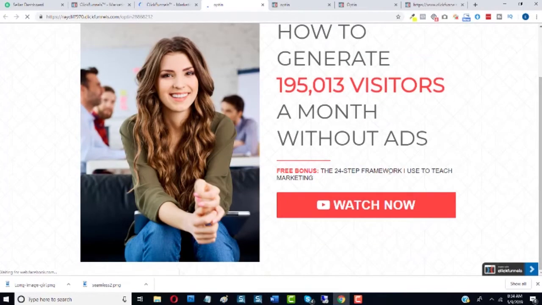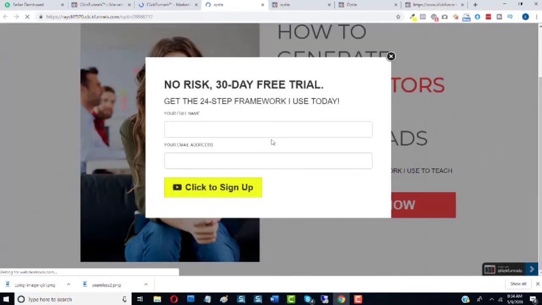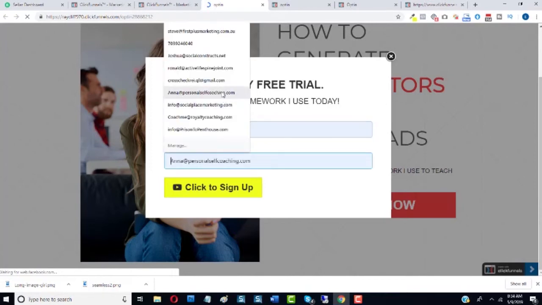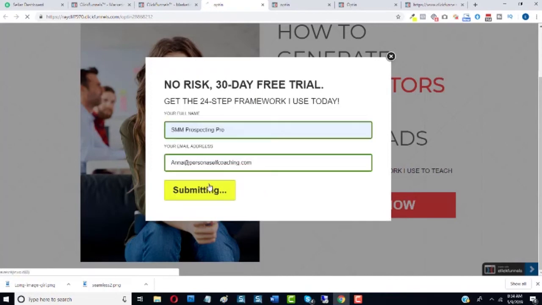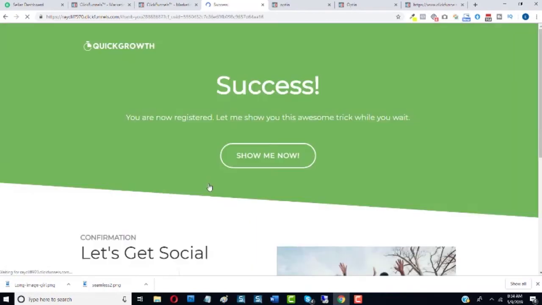So this is the funnel we just made. Click here. Choose an email address. Submit it. Awesome. The information has been collected into our autoresponder and into Clickfunnels, and we've landed on the thank you page